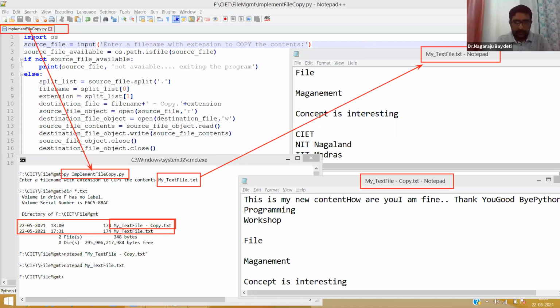From the source file name, exactly the destination file name is created.